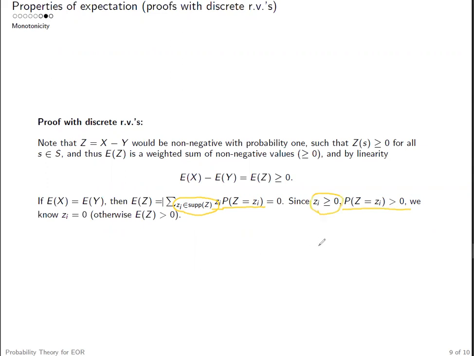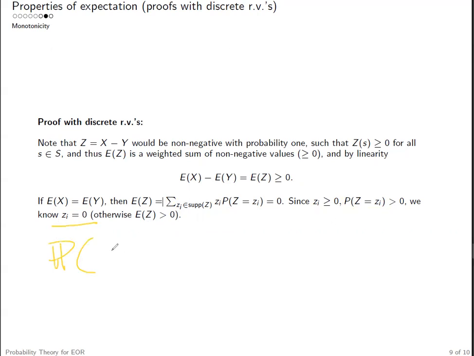And zi here, given we know z is non-negative, zi has to be larger or equal to 0. We know here for all possible values from the support, they have to be 0, because otherwise we will have the expectation of z larger than 0, which will violate the condition here. So if we have expectation x equal to expectation y, then expectation z is also 0, then all the possible values taken by z have to be 0, right? If that is equal to 0 in this case, we know